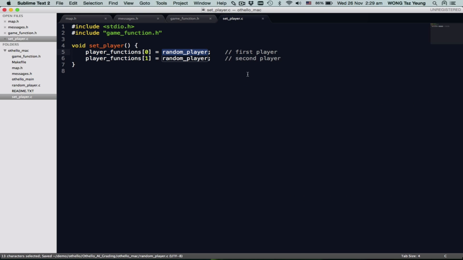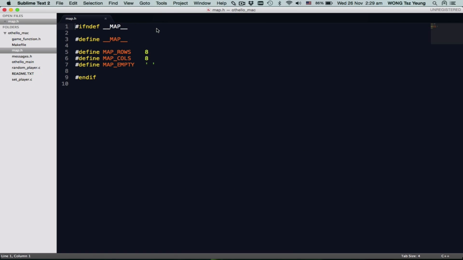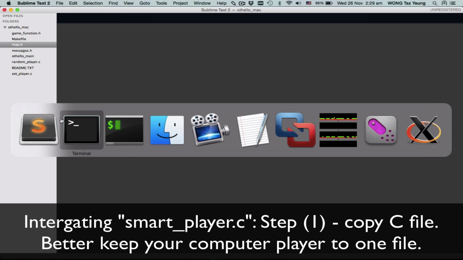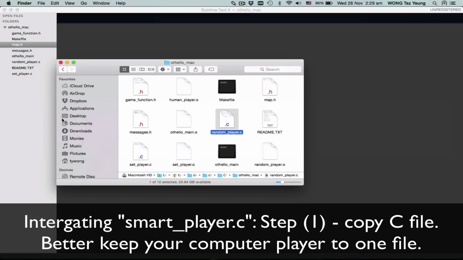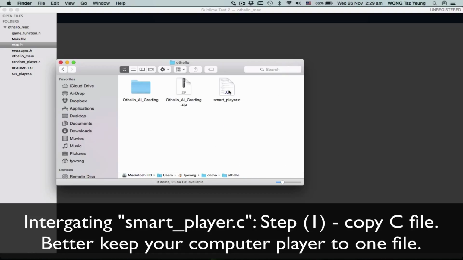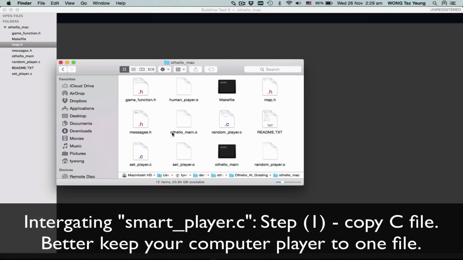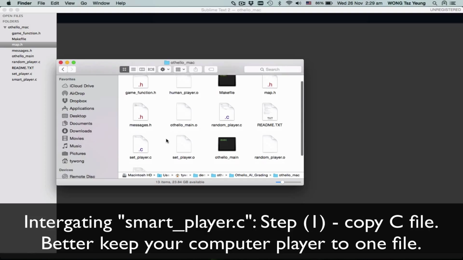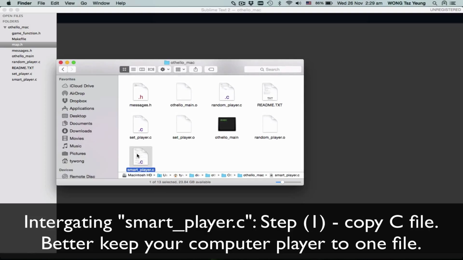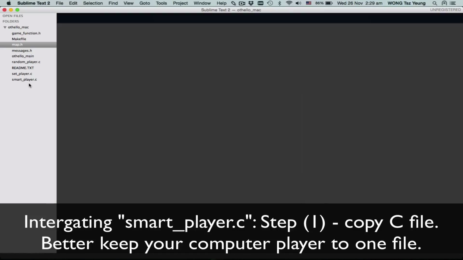Okay, so to integrate a new player, let's close all this. I need to copy the player. Where is my player? It's in the Finder, and inside the Finder I already wrote a file called smartplayer.c. So why not copy and paste it here. Just like what you have done, write in a separate file. If you haven't done it, do it now. Copy all the things that you want into a separate file. I call it smart player, and when I double click the smart player,